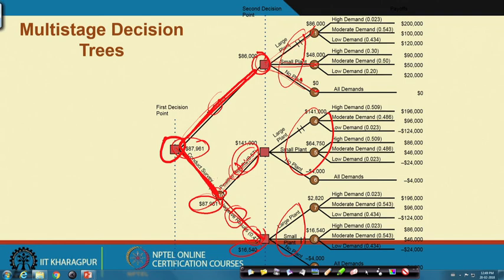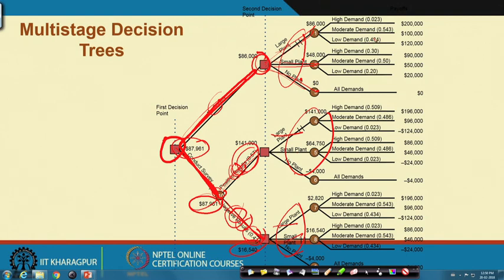Again, with a survey we have 2 different branches, positive results and negative results, and in each case we have 3 different outcomes against large plant, small plant and no plant. Again, with the negative results we have large plant, small plant and no plant. Then finally, if you go by the large plant cluster, it again has 3 options: high demand, moderate demand